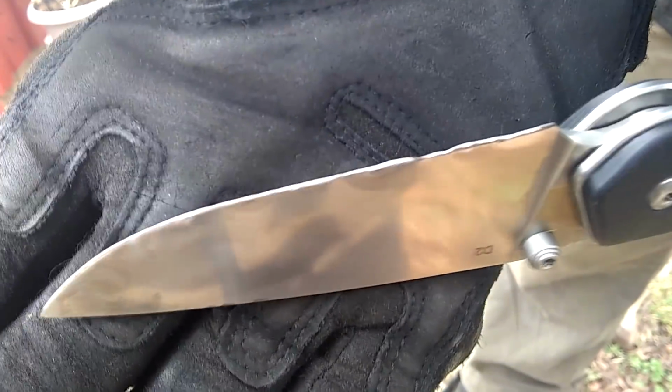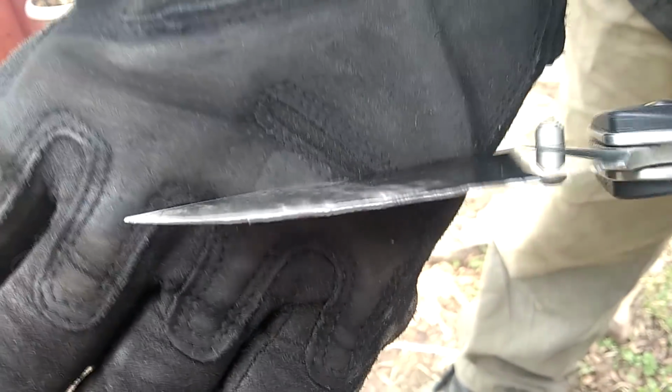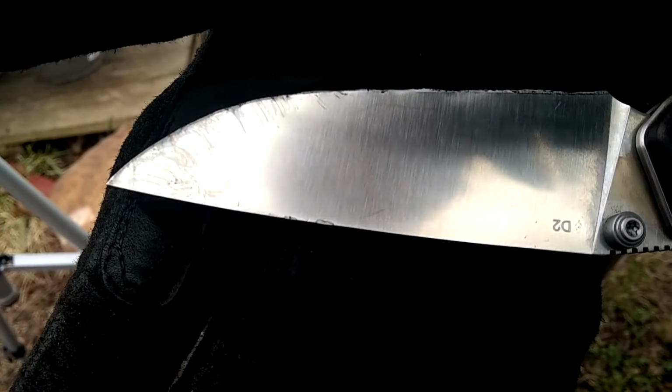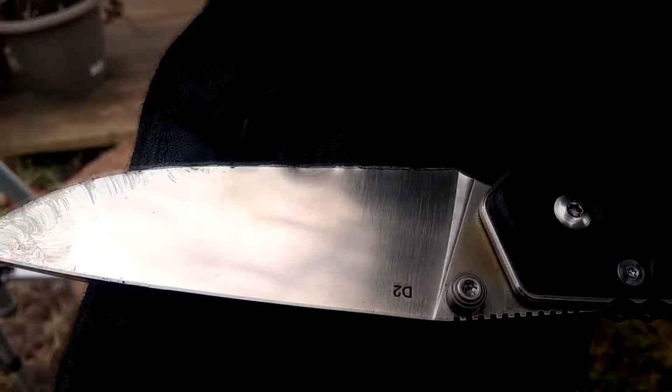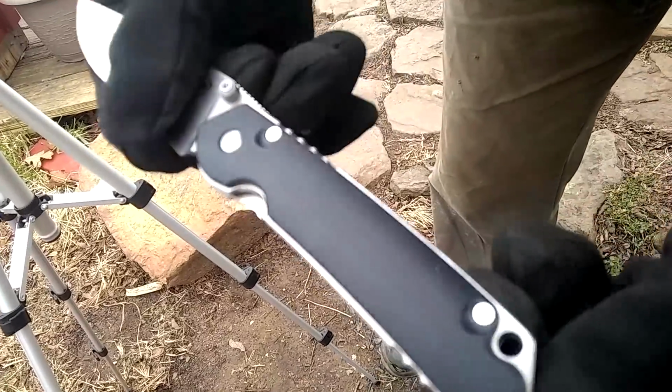We've got some pretty severe damage along the very edge there, but I defy you to point out the real damage in the body of the blade, because there isn't any. And again, still, we have not damaged the locking mechanism, we have not damaged the handles, we have not...